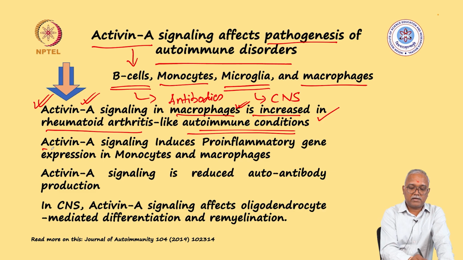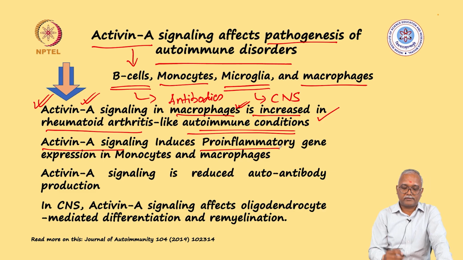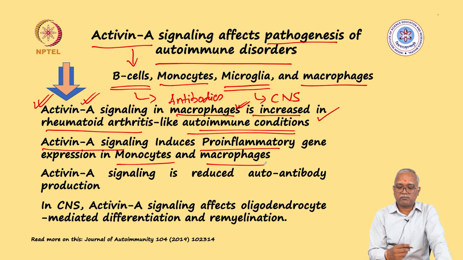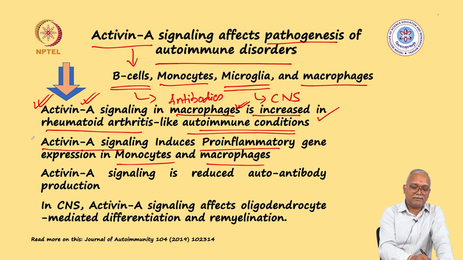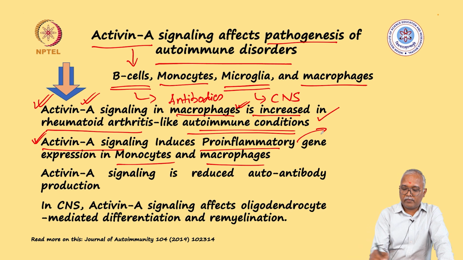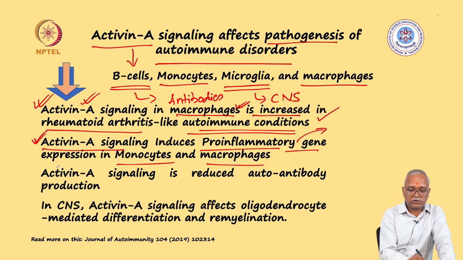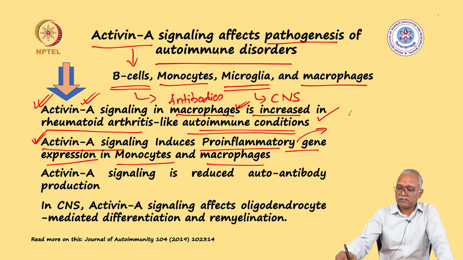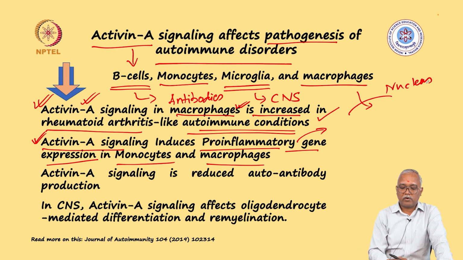Or this signaling can activate a pro-inflammatory response through monocytes and macrophages. What I told earlier, that these monocyte kinds of cells release the content which can induce the inflammation. So when activin signaling is activated by the presence of certain cues, certain signals, the monocytes are activated and you end up activating the pro-inflammatory responses. When we say pro-inflammatory responses through gene expression, basically it means that when the signaling is culminating in the nucleus, you are seeing the expression of pro-inflammatory molecules.